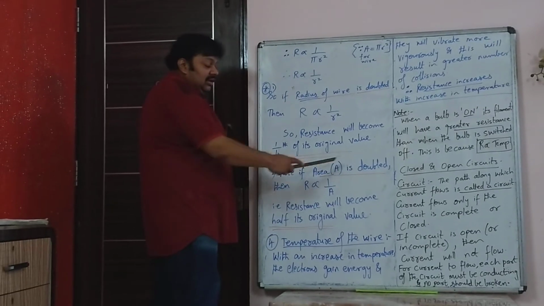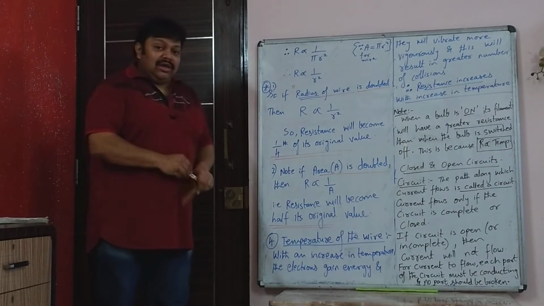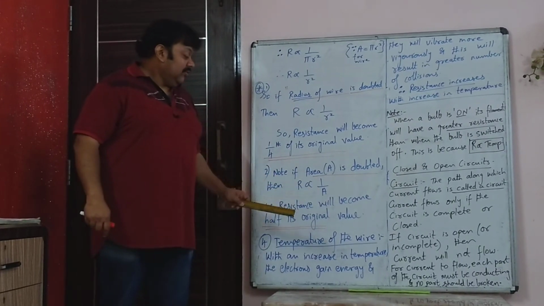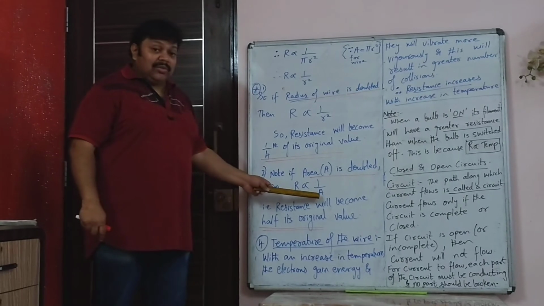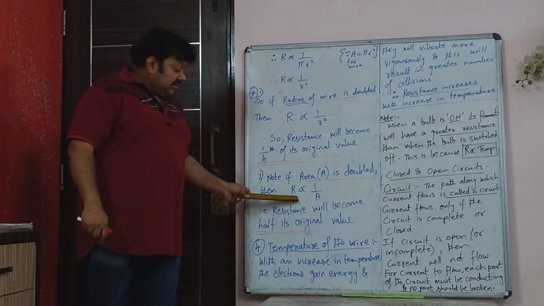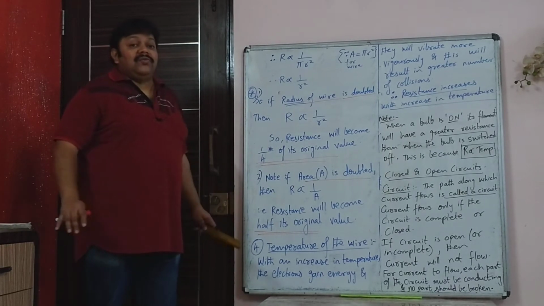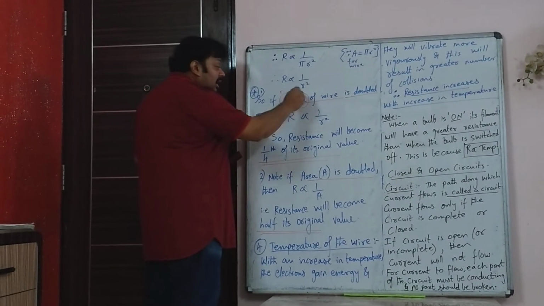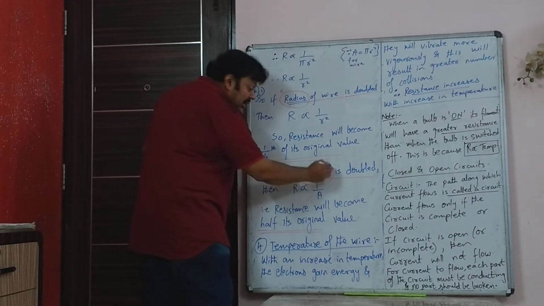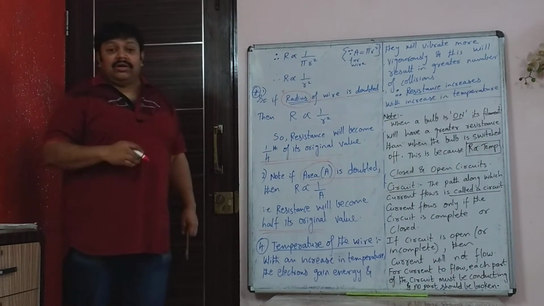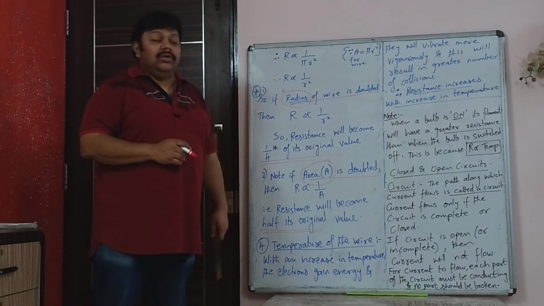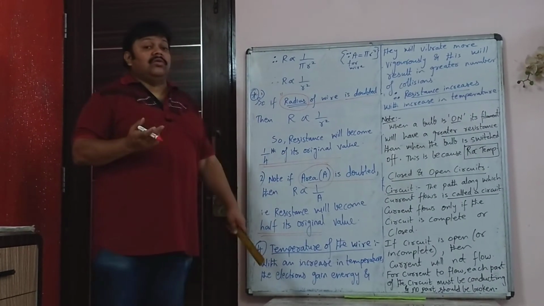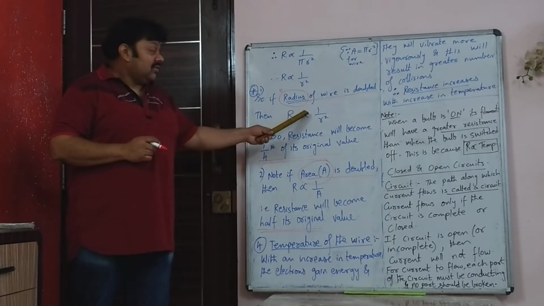Whereas if the same question is asked as, if the area is doubled, here it was radius doubled, here it is area doubled. Then area is doubled means it already incorporates area. You don't have to bother about the radius separately. So in this case, if area is doubled, then the resistance will only become half its original value. So note what they ask, is it radius is doubled or is it area is doubled? If area is doubled, the resistance will become half its original value. And if the radius is doubled, then the resistance will become 1/4 its original value, because resistance is inversely proportional to the square of radius.